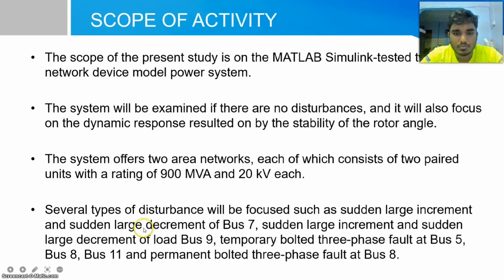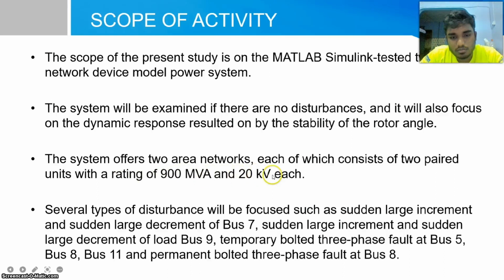For the scope of the activity, the present study is on MATLAB. We are going to use MATLAB Simulink for a two-area network power system model. The system will be examined when there is no disturbance, and it will also focus on the dynamic response resulting from the stability of the rotor angle. The system contains two-area networks, each of which consists of two pairs of units with a rating of 900 MVA